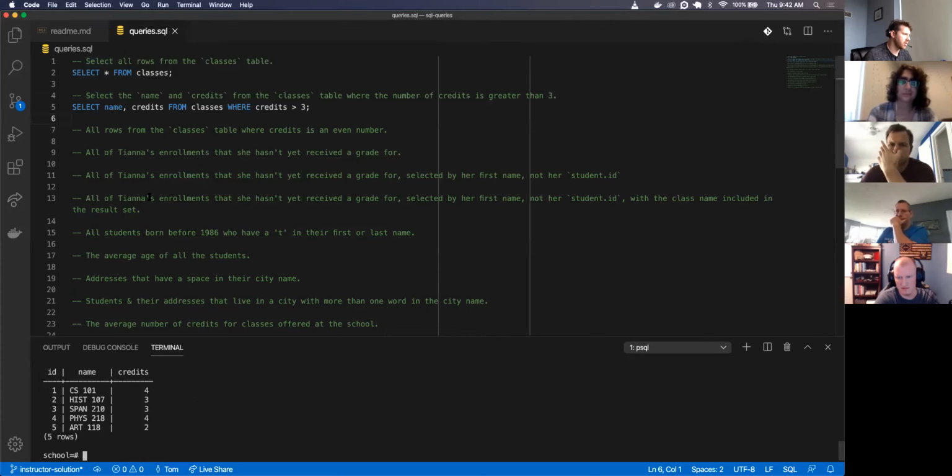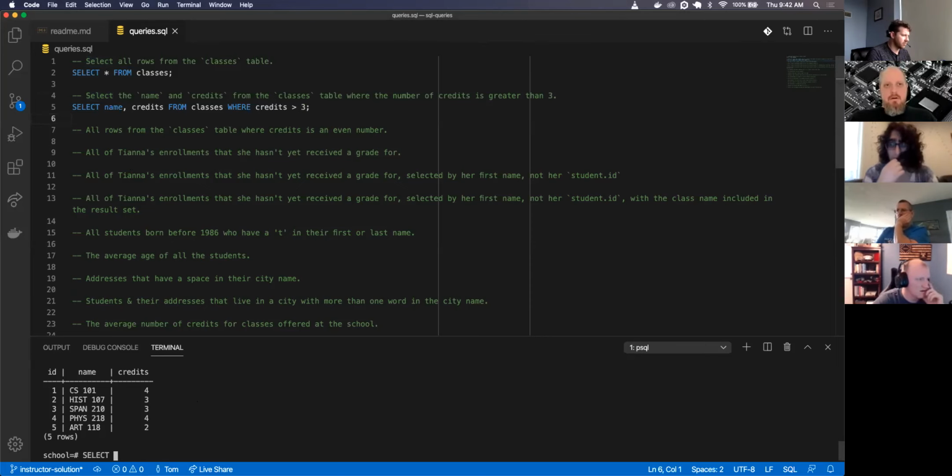Julian, select all the rows from the classes table where credits is an even number. So select star from classes where credits mod 2 equals 0 semicolon. Credits mod 2 equals 0. What does this modulus, credits mod 2, mean? It's the remainder of credits divided by 2.